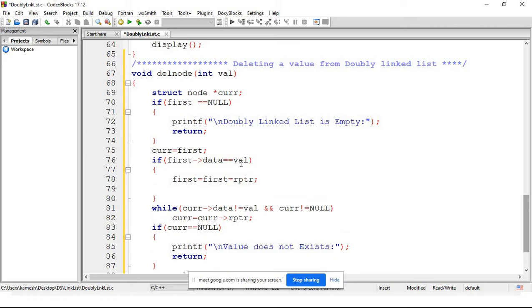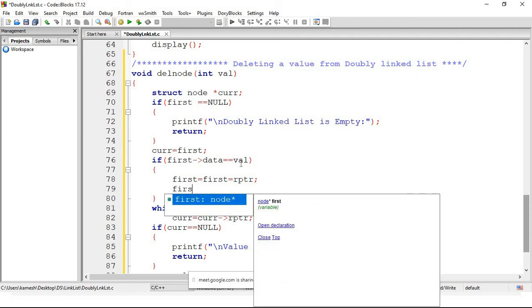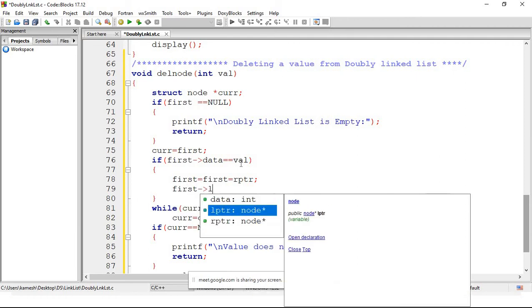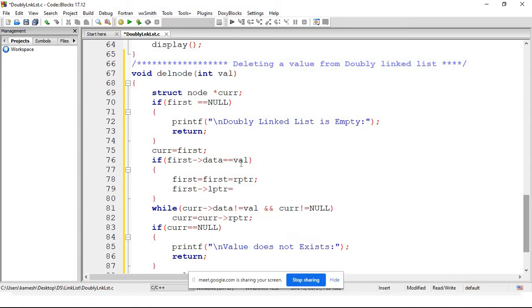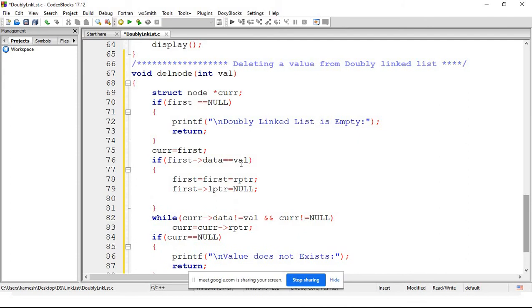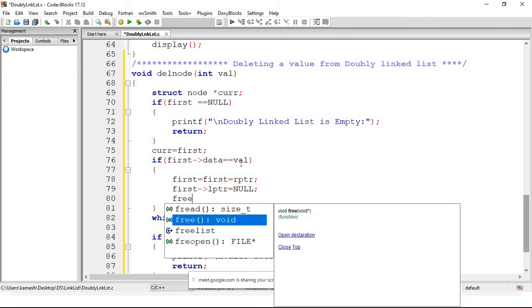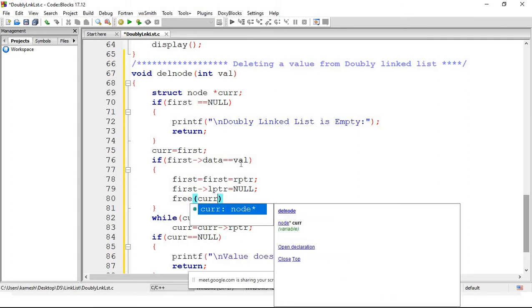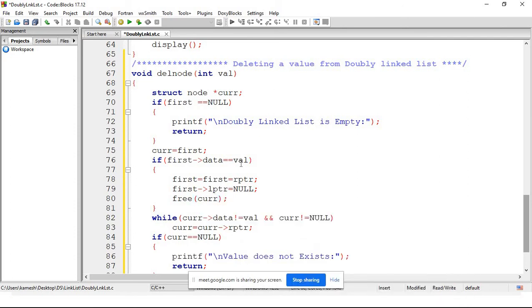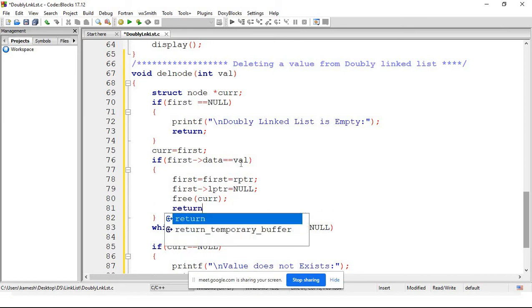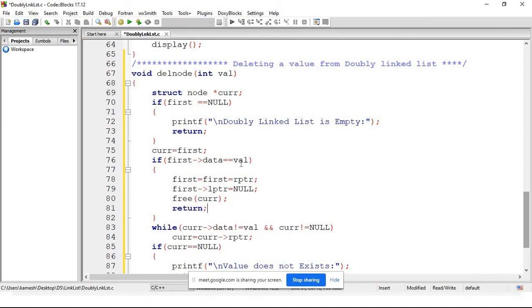Now the second node's LPTR should be null, so I am writing first point to LPTR is equal to null. The third thing, you just have to delete your current pointer, so free current, and finally your task is done. So we just have to come out from this function, so we write a return.